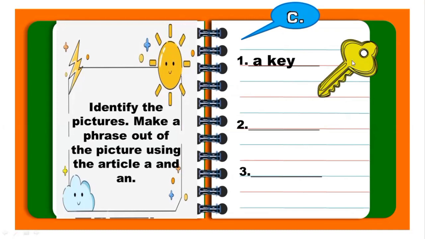So if we're going to make a phrase, the answer is a key. We use a here because K is a consonant letter. For number two, what do you think would be your answer here? What is this picture? The answer could be